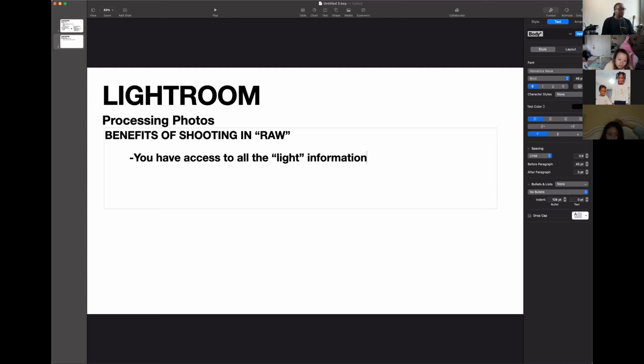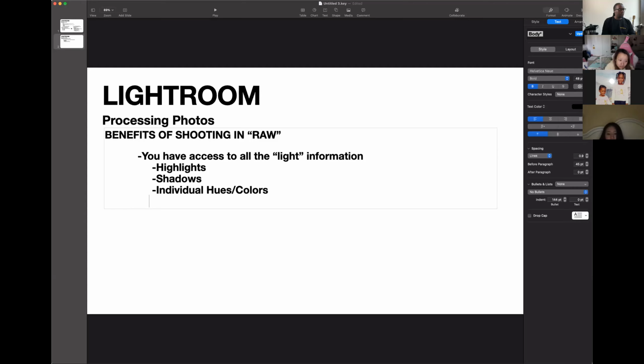That light information are things like highlights, shadows, individual hues / colors, exposure,